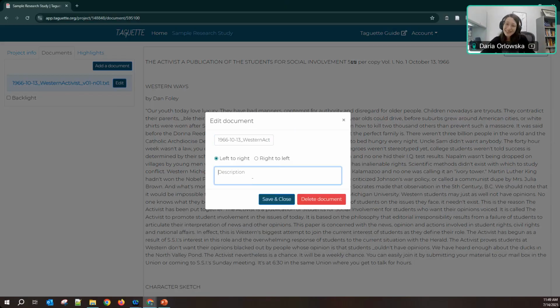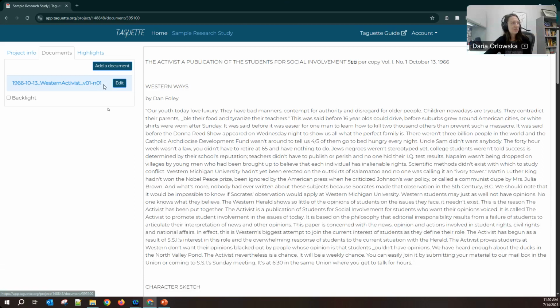I don't have that many files in this demonstration, so I'm not going to bother with a description. However, maybe you have interviews, for example, interview 1, interview 2, interview 3, and at a glance it might be really difficult to know what those interviews contain. Maybe you have a description like, this is an interview with a nurse about her time working at a hospital, versus this is an interview with a student about their experience attending classes at this university, to help you differentiate some of them. Then I can save and close to apply those changes.